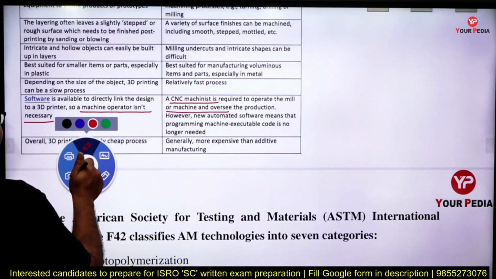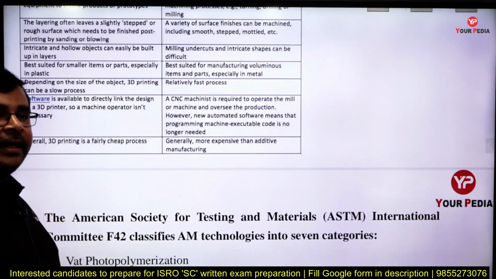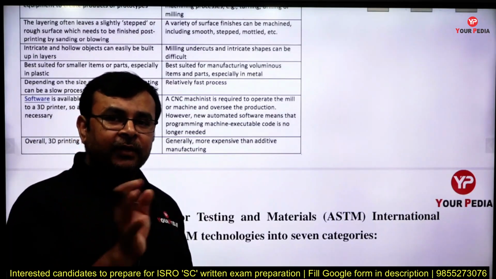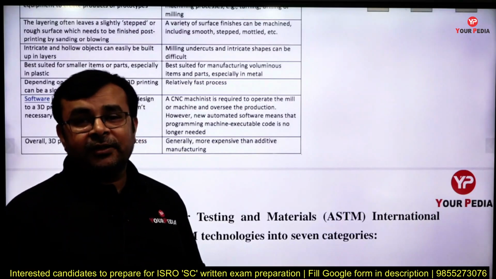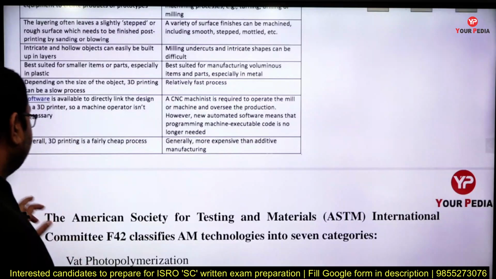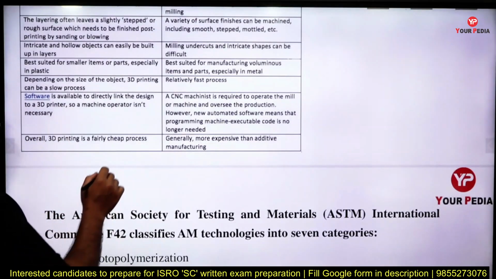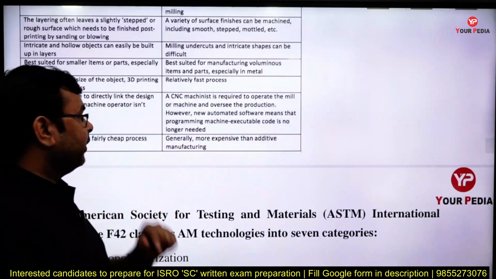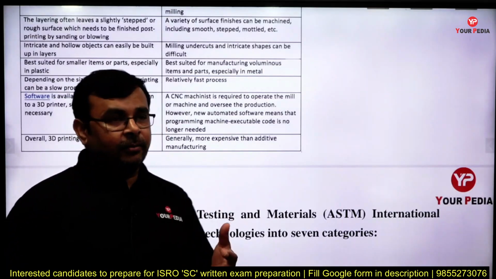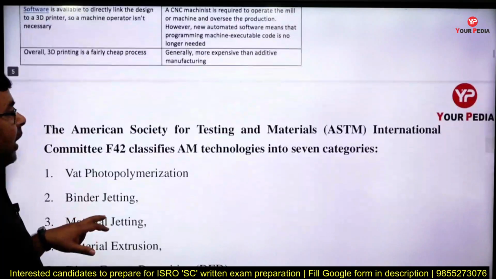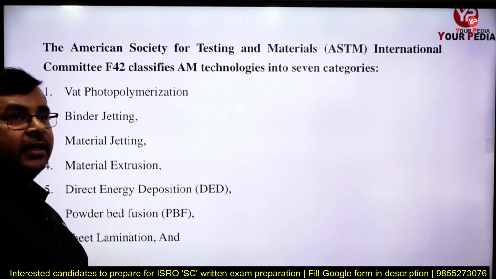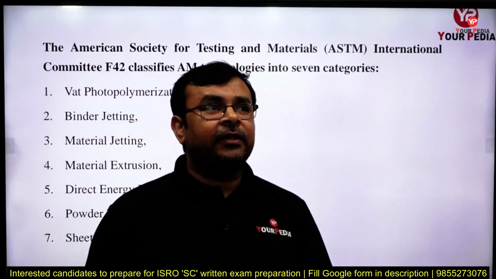But in the case of a CNC machine, operators are required to operate that machine. Although the codes are available, along with these codes operators also need to operate the machine, but in the case of 3D printing it is not necessary, correct. Overall, 3D printing is a fairly cheap process, and non-additive manufacturing, that is the subtractive manufacturing process, is a little costly, correct. Okay. So, after the detailed differences between them, here we see the detailed classification of the additive manufacturing process,